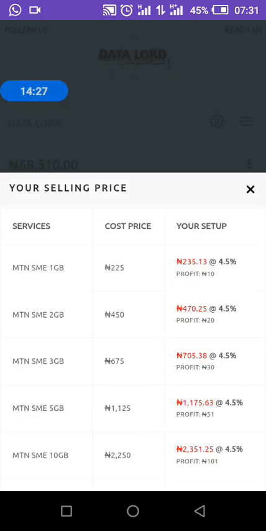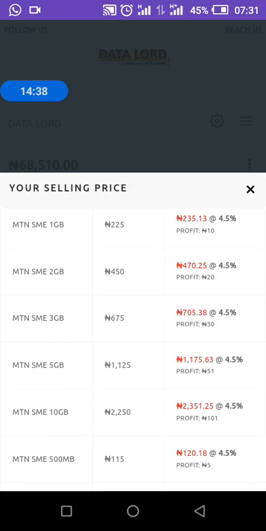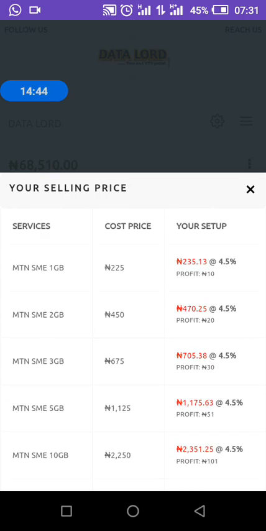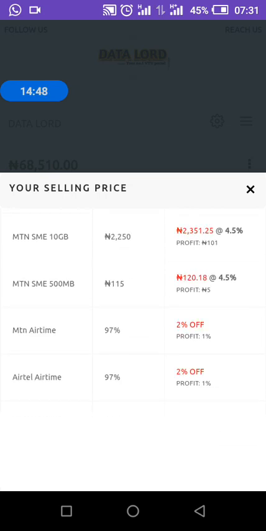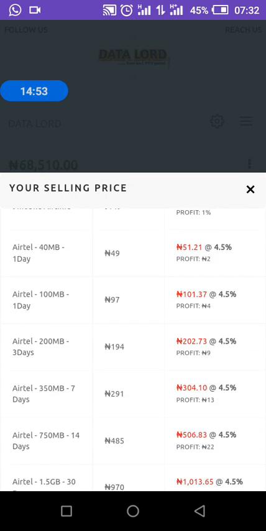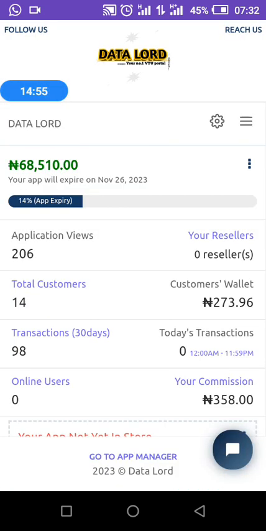So you can see they'll be selling MTN SME 1 gig, 2 gig 450, 3 gig 675, 5 gig 1125, and so on and so forth. So since you have seen it now, MTN SME 1 gig is 225 per gig. So you now check how much you want to earn